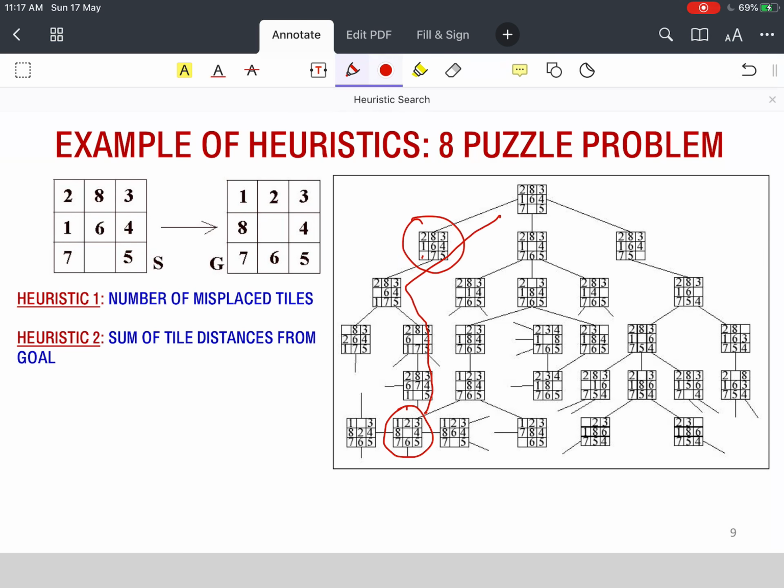Now, at any node n, how do we compute Hn? Hn is said to be the estimated cost of the best path from n to goal.